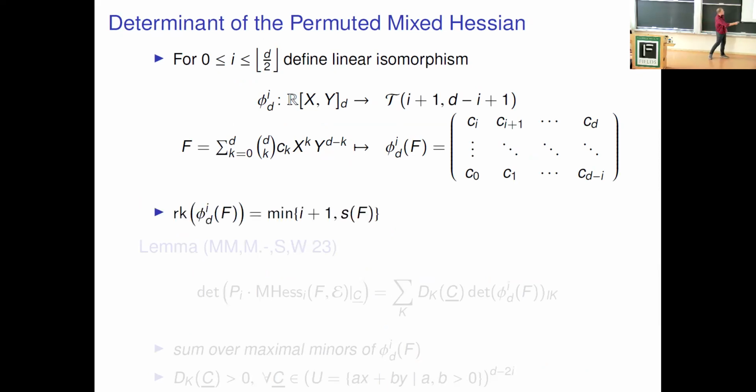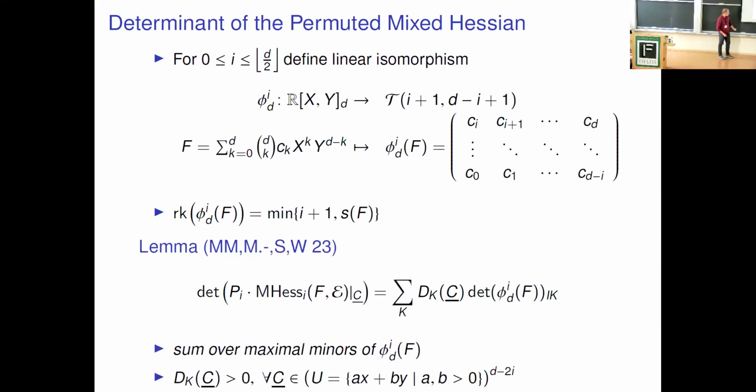I leave it as an exercise for you to verify that the rank of this Toeplitz matrix is exactly equal to the minimum of I plus 1 and the Sperner number of F. In fact, I think this is a permutation of what Tony would call a catalecticant matrix or something. And so let me just sweep a bunch of details under the rug and tell you the punchline,